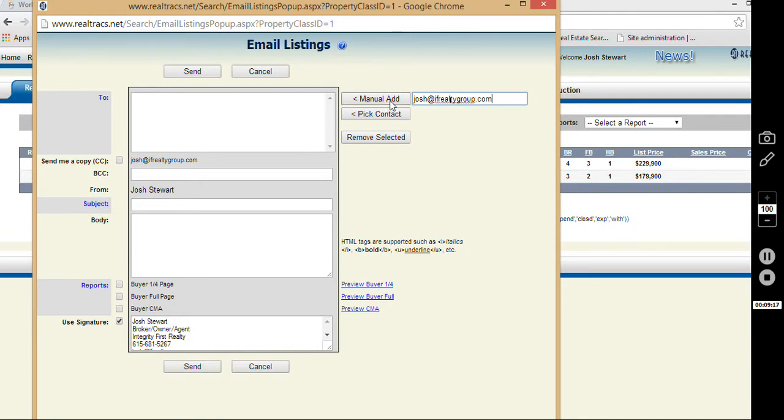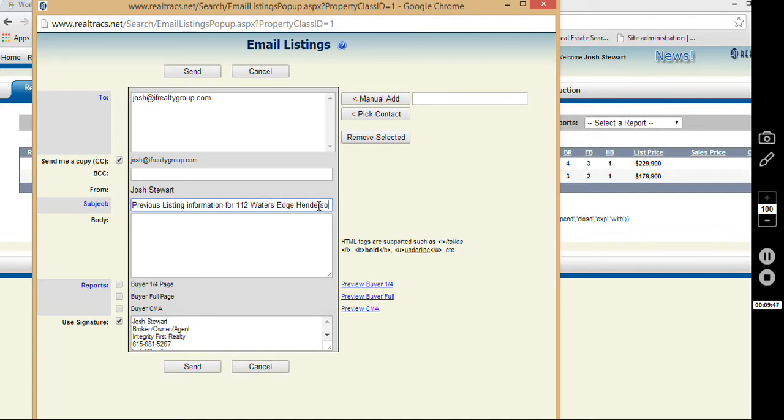Go ahead and click manual add. And then you can send a carbon copy to me, although this is an example, I'm using that one. If it's someone else, then you would just carbon copy me, and you would hit previous listing information for 112 Water's Edge,